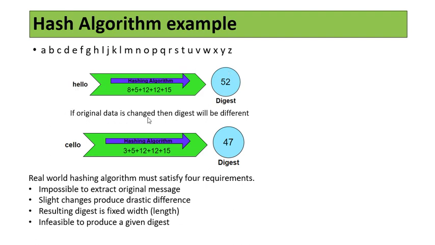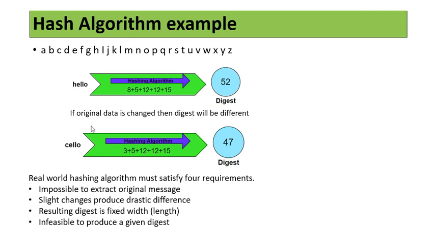If the original data is changed, then the digest will be different. Suppose instead of hello, you have typed cello. Now C comes as the third letter. So here basically we have 3 instead of 8. Now 3 plus 5 plus 12 plus 12 plus 15 becomes 47. So what I am trying to say here is that if you modify even a single character of any input,